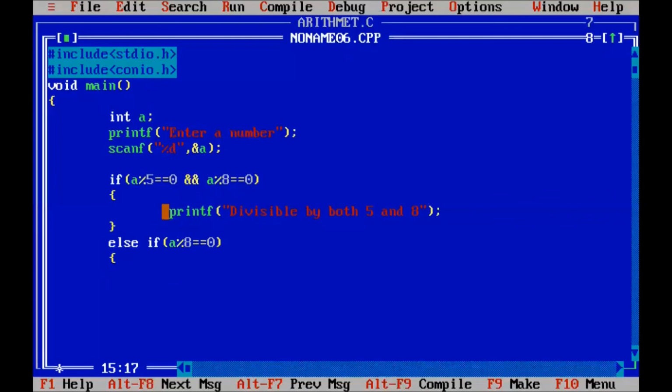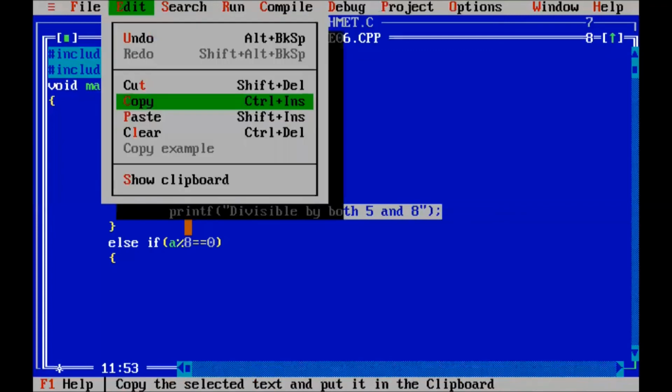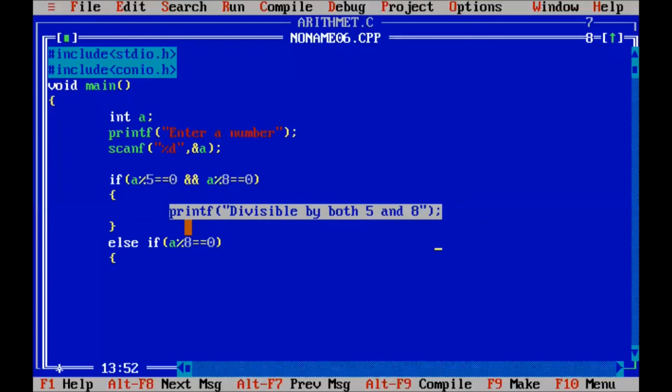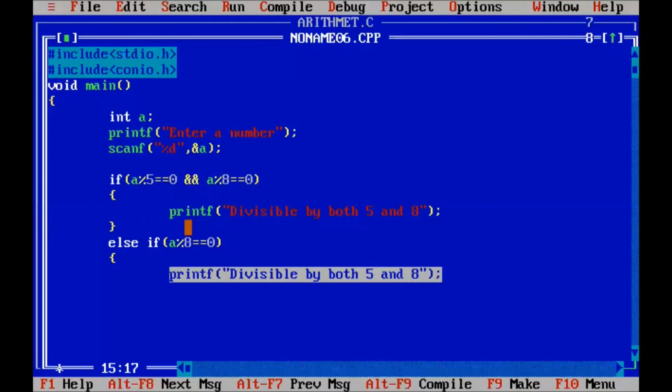Here we copy this message and paste here.